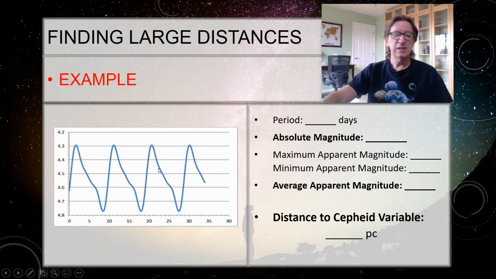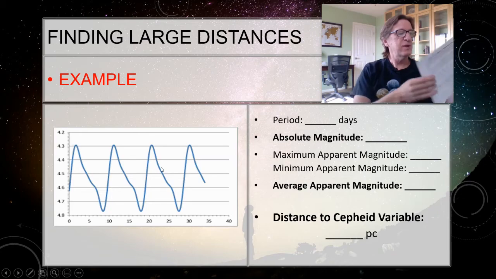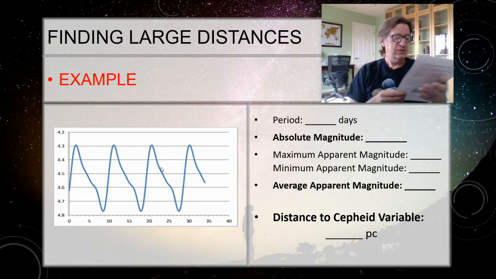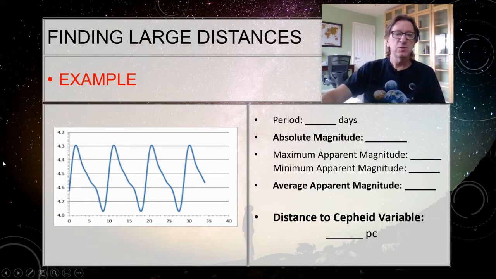So let's take the example that we have right here. Figure out the period. All you need to do is take the top peak, see what day that occurs on, and make sure you're getting it to the nearest tenth. Don't tell me it's 2 if it's actually 2.5. And then go to the next peak. From this peak to this peak, subtract those two numbers, and that will give you the period. Pause the video, look at your own graph, and figure that out.